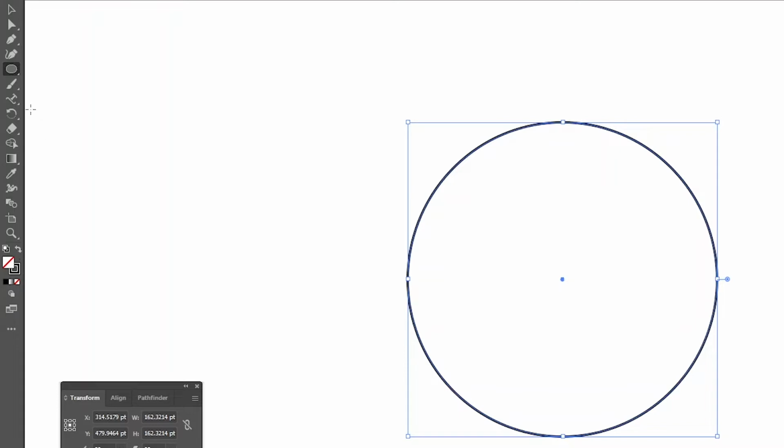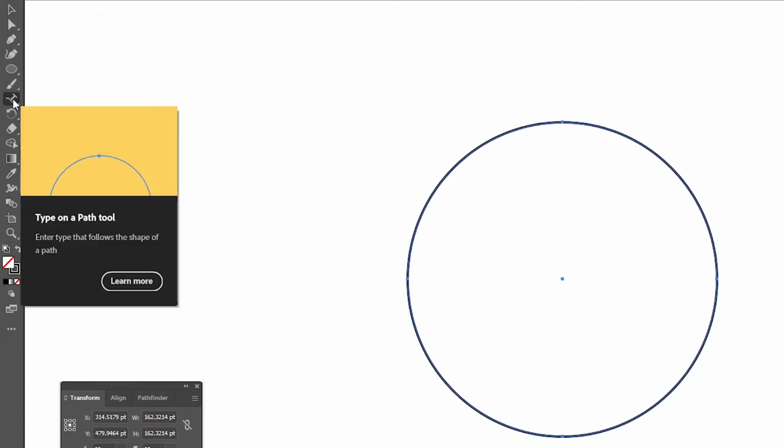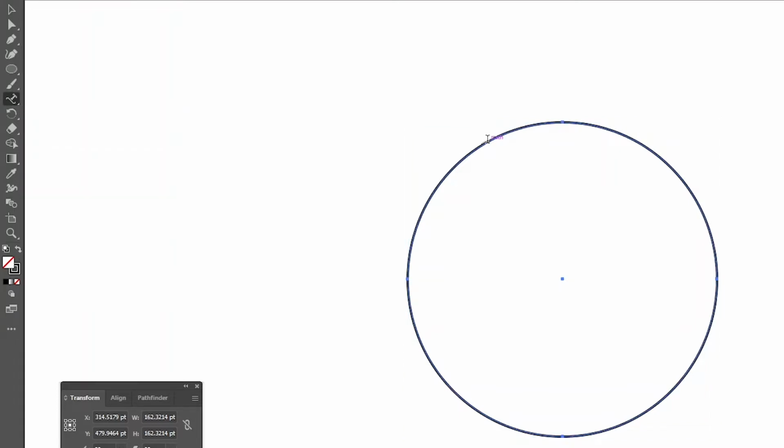We go back to that Type on Path tool, click on that. Notice even as I mouse over, it says the word path. It's kind of hard to see, but it says path. So that means you can click here. Left click, and now it's filled that with text. So that's already highlighted, so as soon as we start typing, it's going to delete this sample text and fill it in with our own. I'm just going to type in